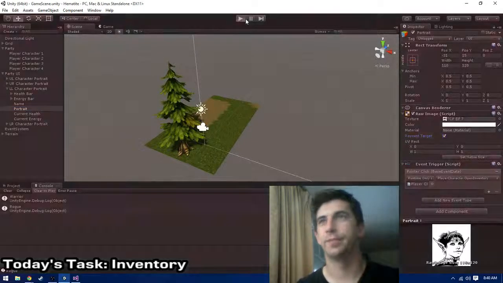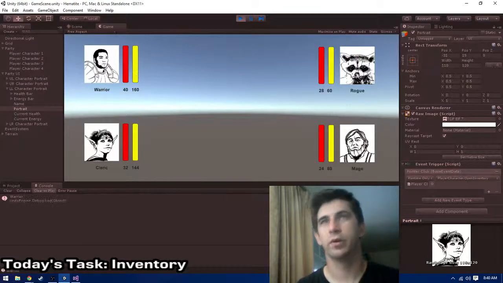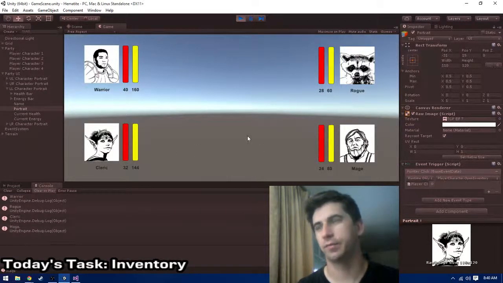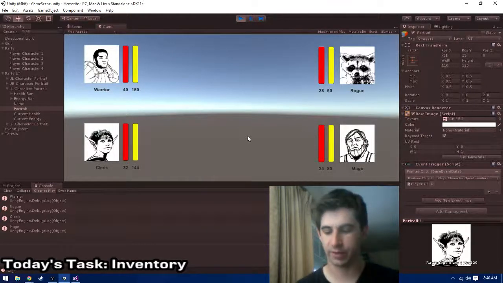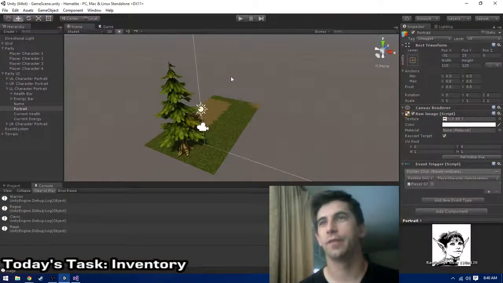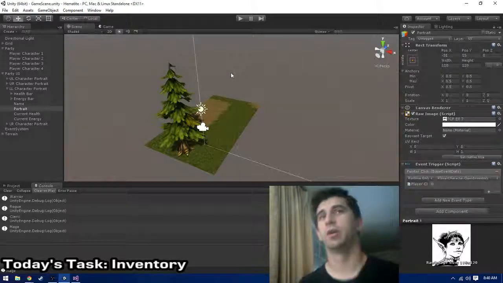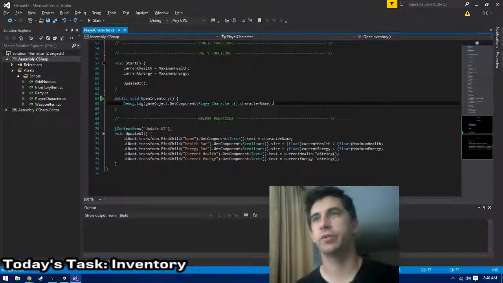There we go. Warrior, rogue, cleric, mage. Sweet. We have data bindings. Now, obviously, this is just a basic part of the engine, so it's still a step forwards, though. Specifically, when we say open inventory,